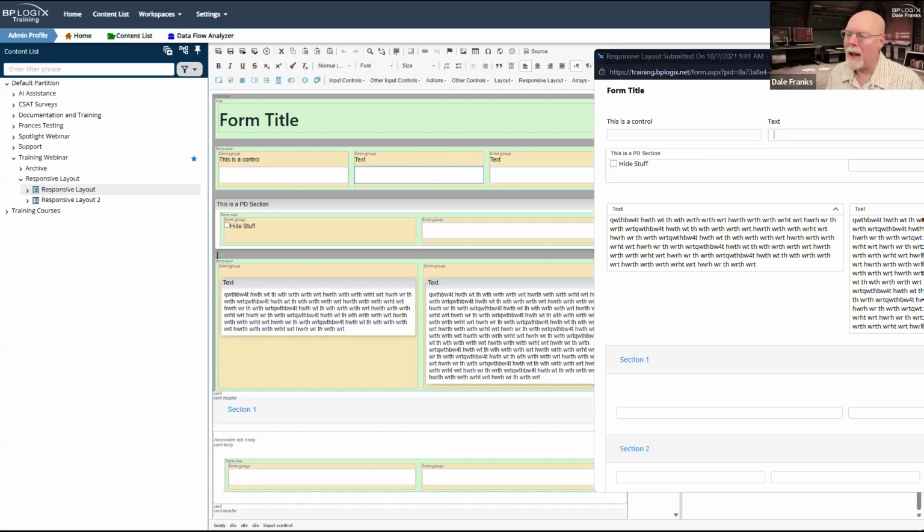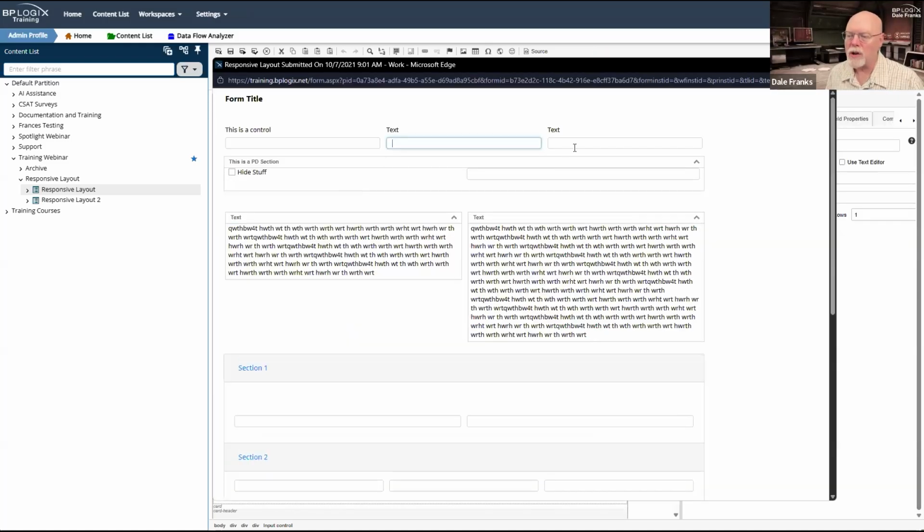And so automatically these controls are just going to fill the space available for them. This is just styling applied by Bootstrap. And if we make our form smaller, you'll see that my controls continue to get smaller as my form gets smaller and everything kind of rearranges.